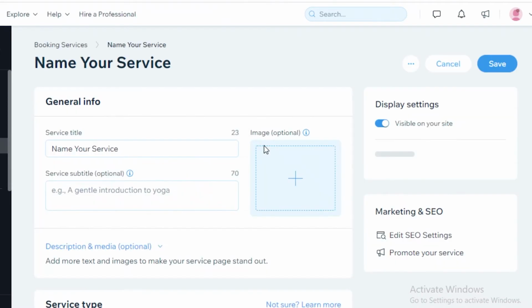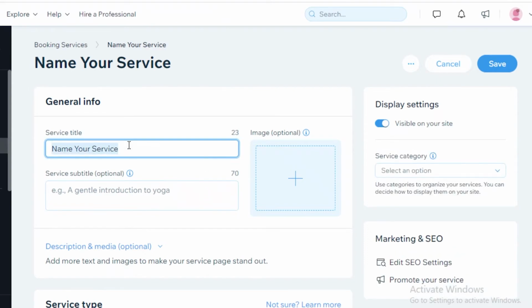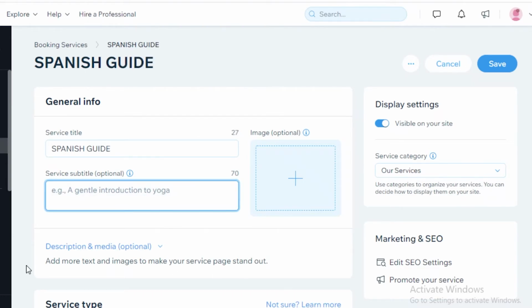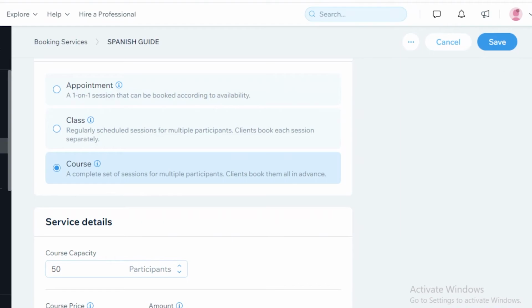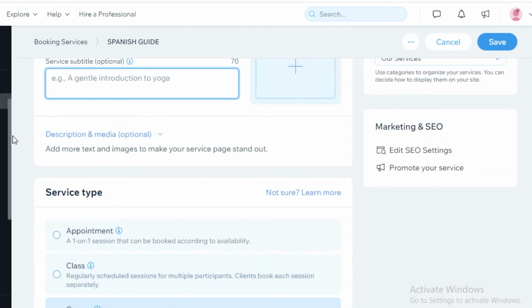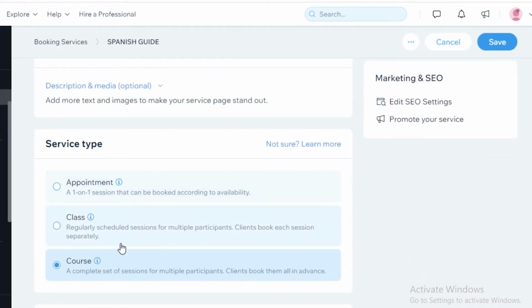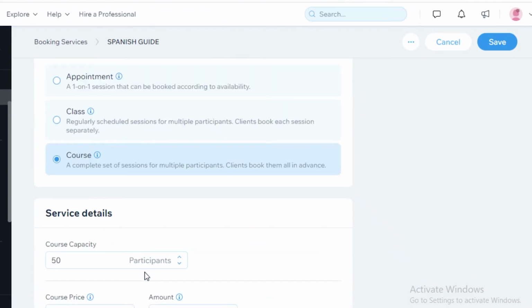So we're going to wait for this to load up, and now you're going to name your service. So let's just say we are doing Spanish class or Spanish course. And then you're going to add any service description. You can add a couple of images. Below that, you have your service type. So whether it is an appointment service, if it is a class, if it is a course, then you have